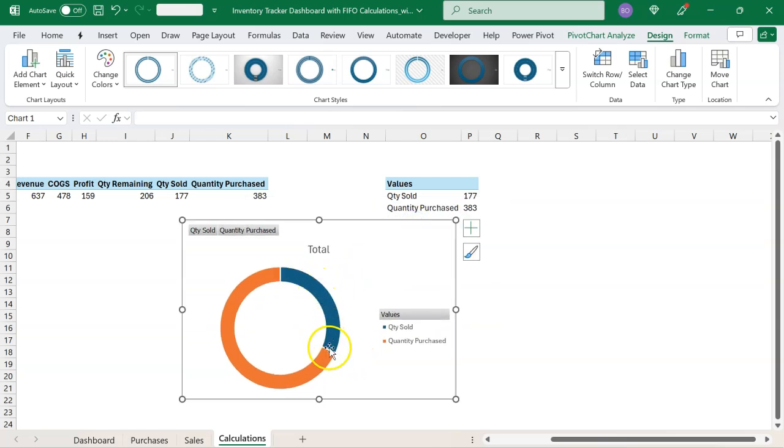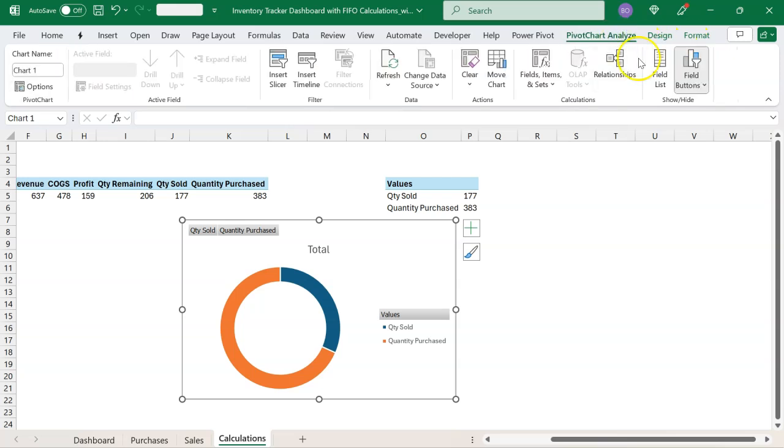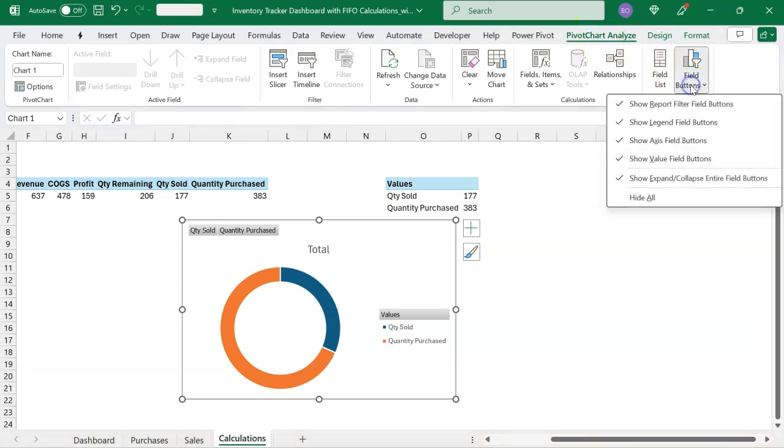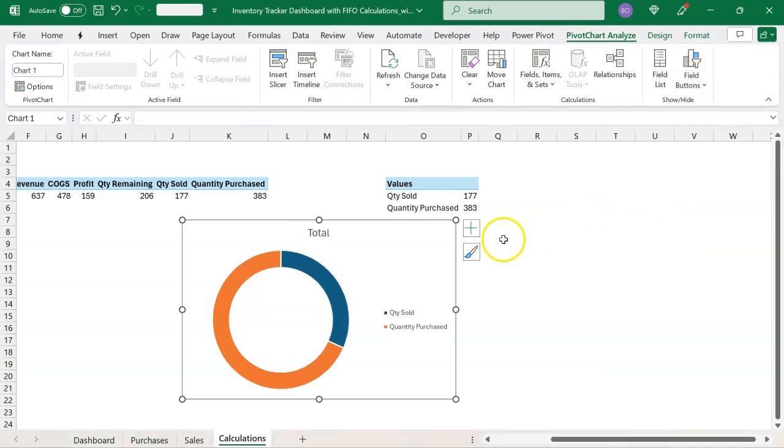Quantity sold and quantity purchased. Now, to format this chart, we need to take off what we call the field buttons, these gray buttons. They are located under the PivotChart Analyze tab. So I'll come here, drop the field buttons and hide all. Okay, I'll take off my total,